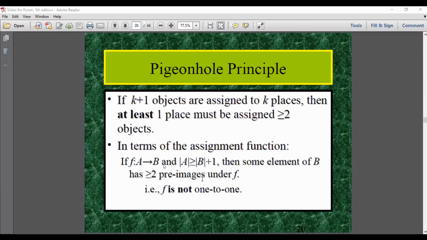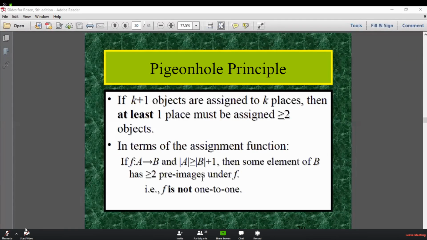So I'm starting the class with a topic, the pigeonhole principle. As I mentioned, before the different counting techniques like permutation and combination, we have to select one basic counting approach first. What is that? The rule of sum, that is a counting approach, and the rule of product. So, the rule of sum and the rule of product, if you remember,